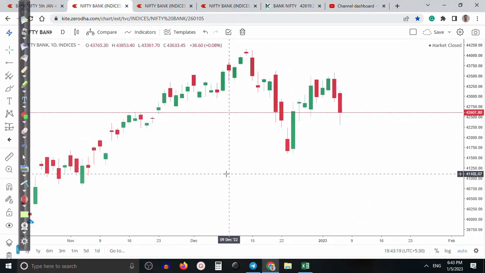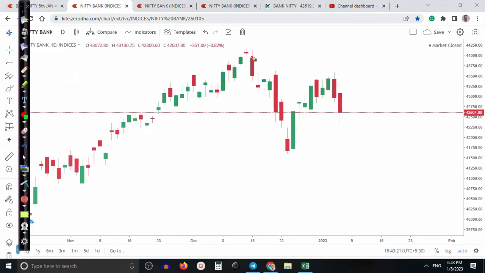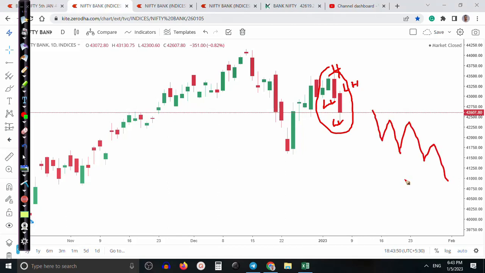So let me explain here. They are creating lower low, lower high, and lower high. That was higher high, but now they are forming lower low. They are forming a lower low somewhere here, and a lower low. This one lower high and a higher high. So according to the daily time frame, according to the price action method, they are creating lower low, lower high, lower low, lower high. When they are forming this type of lower low, lower high, we are looking for short. All right. So tomorrow my trading plan,